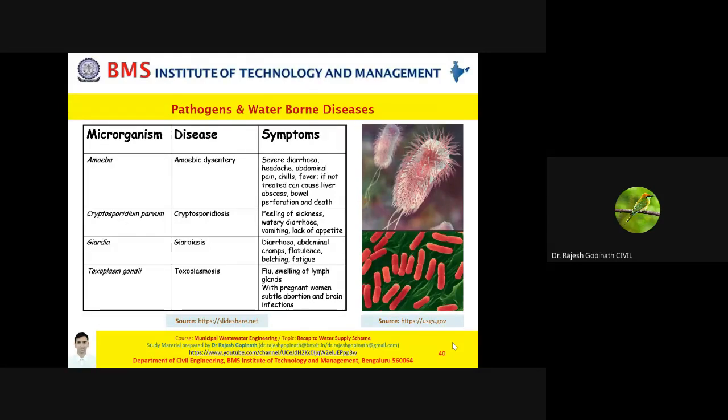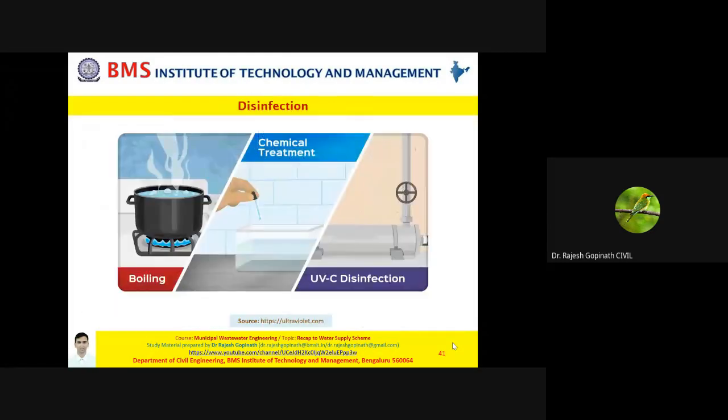So what was the relevance of disinfection? We need to understand that water can contain not just physical and chemical impurities, but also biological, rather microbiological, impurities. That is, we're talking about bacteria, viruses, protozoans, rotifers, amoeba, and so forth. If these microorganisms are capable of causing disease when they enter your body or your ecosystem, then they are pathogens. They spread diseases, any waterborne disease for that matter. So there is no way that you can allow the water to have these pathogens.